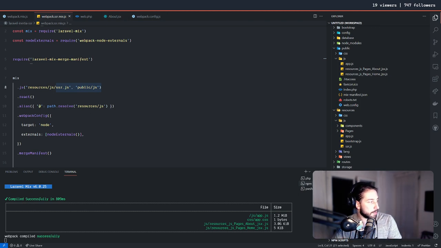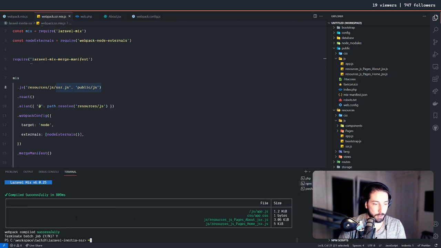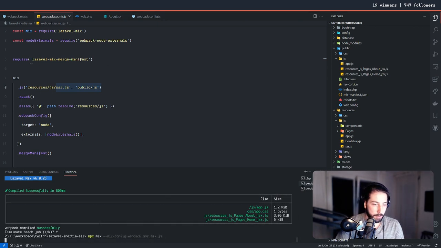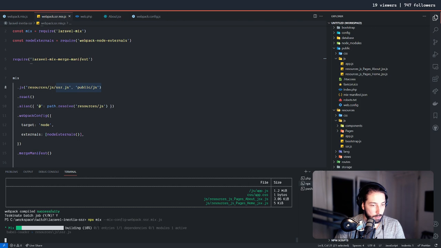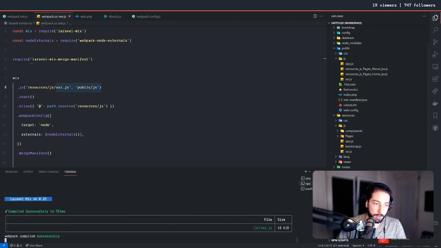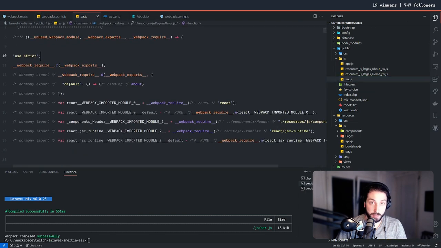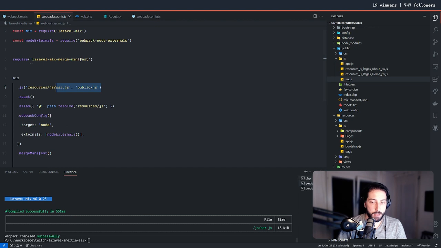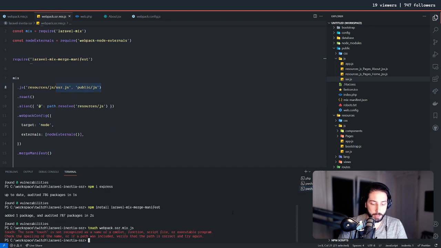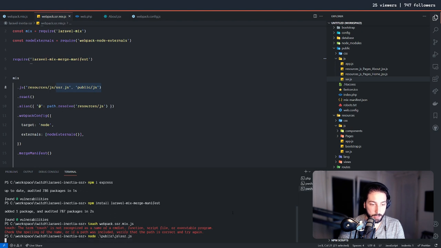Okay. So I get it. So I need to run another command, which is that one. So it tells Mix to run both. Right, so we have both running, and I have here the SSR file, which is compiled, which is weird, but whatever. And now I should be able to run the server like that,